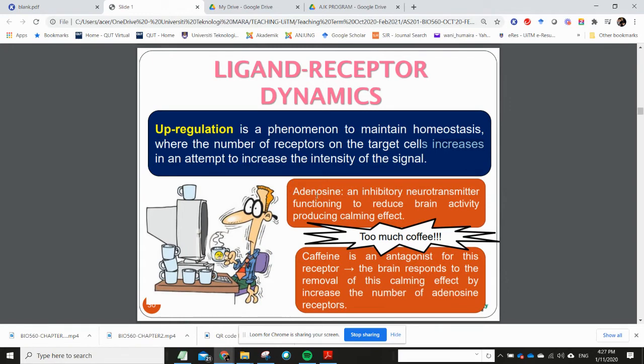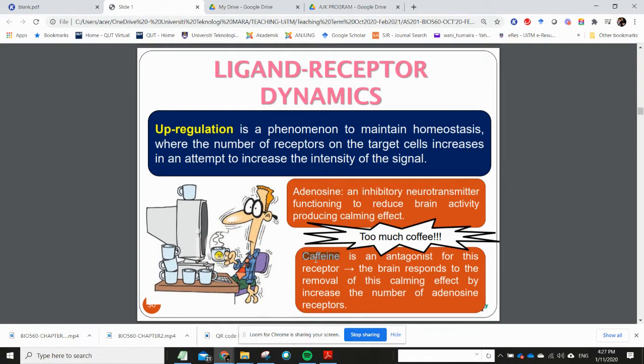Adenosine cannot bind to the receptor because caffeine binds to the receptor, so it removes the calming effect. Over time, the number of adenosine receptors will increase in an attempt to intensify the